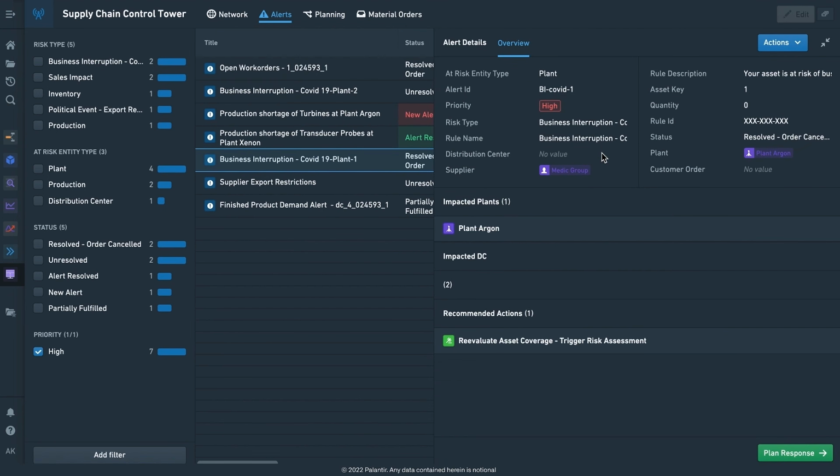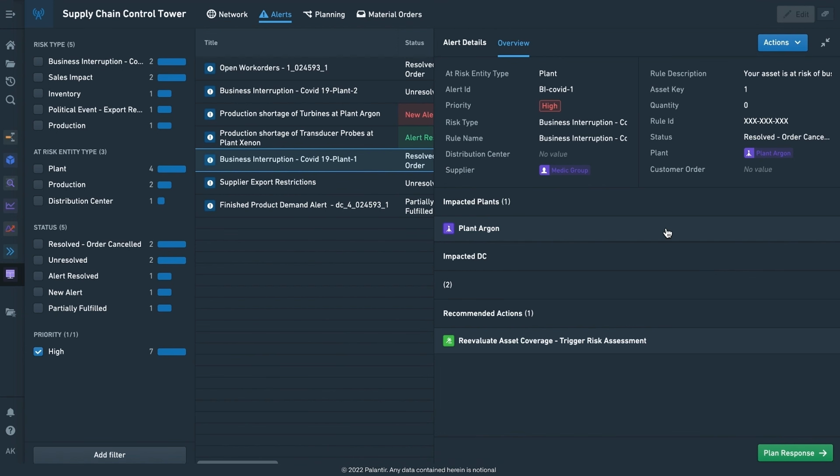And you'll see that this is pulling together lots of different information from everything we've covered so far. This alert was generated maybe by a model pipeline. It is pulling in data from the supplier and the plant, so different links in my ontology. It's showing me the impacted plant that this pertains to, and it's also showing me recommended actions, which in this case are coming from a model that I've built.